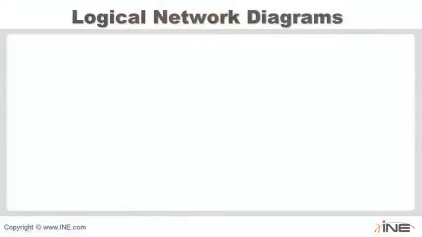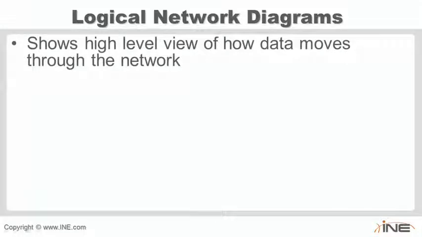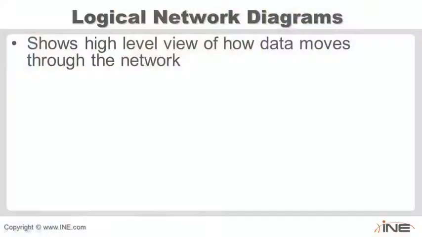Now, the logical network diagram is going to be more of a high-level overview that tells you how the data is actually going to move between the devices when you're trying to go from point A to point B. So if I open up my web browser and browse to some site, I want to know, based on the result of my configuration of the network,